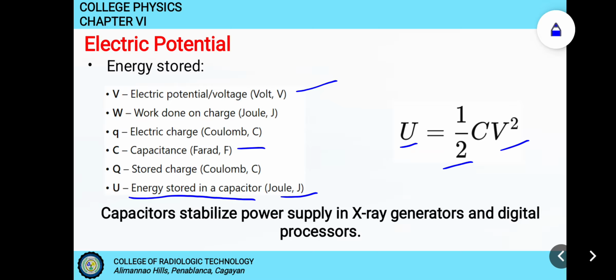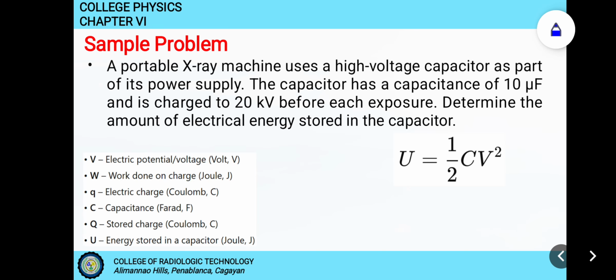Okay, so let's try an example here. A portable X-ray machine uses a high voltage capacitor as its power supply. The capacitor here, class, has a capacitance of 10 microfarad and is charged to 20 kilovolts before each exposure. Determine now the amount of electrical energy stored in the capacitor. Take note, class, it must be in farad. Take note, class, that